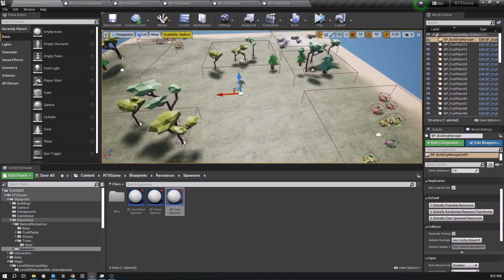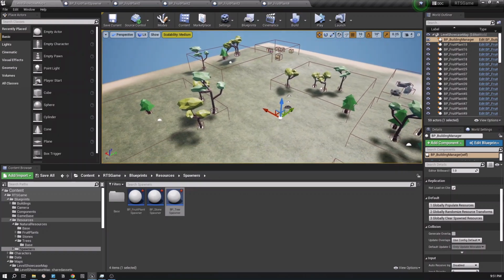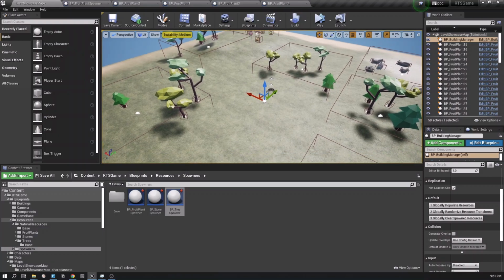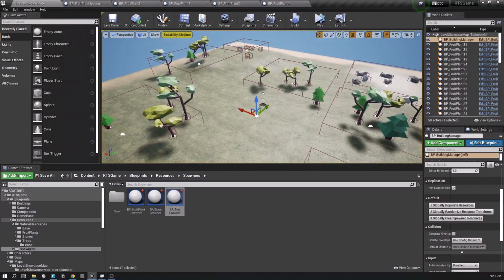map with resources, and yeah, in the next tutorial I think we can focus on how we can optimize our building manager to notify about character spawns, or maybe like building spawns or stuff like that. But yeah, we'll see how it goes in the next